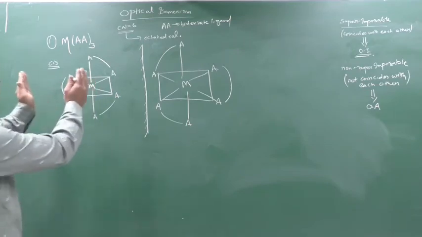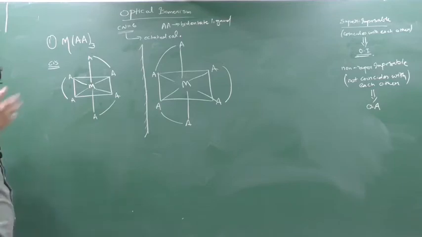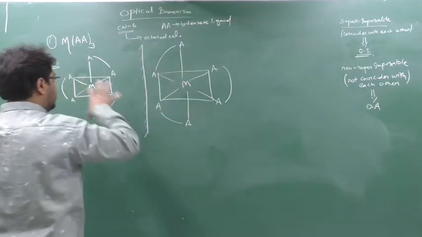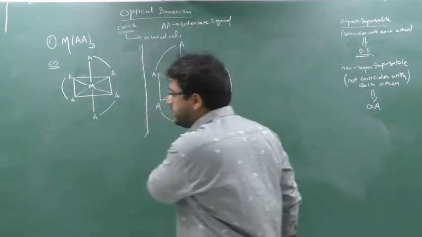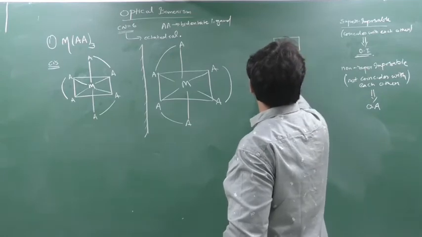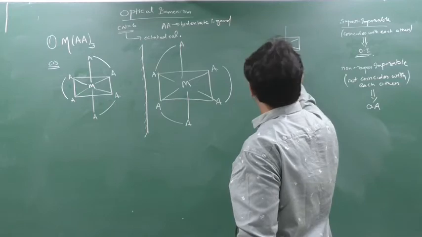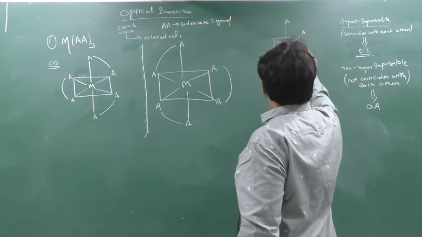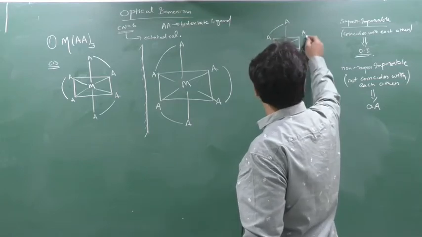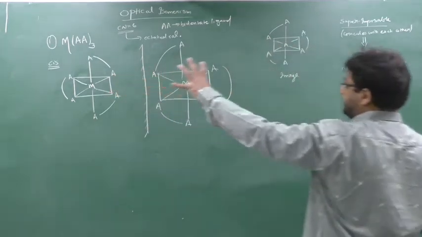Now take this compound and put it here. Whether they coincide, see, imagination is required too much here. Take this compound and create it here. When you take this compound, only once I will show, again I will not show you how to create the image. See, this was the compound here. See, this is the image. This is the better image, no? This is the image. Now take this and put it on here.